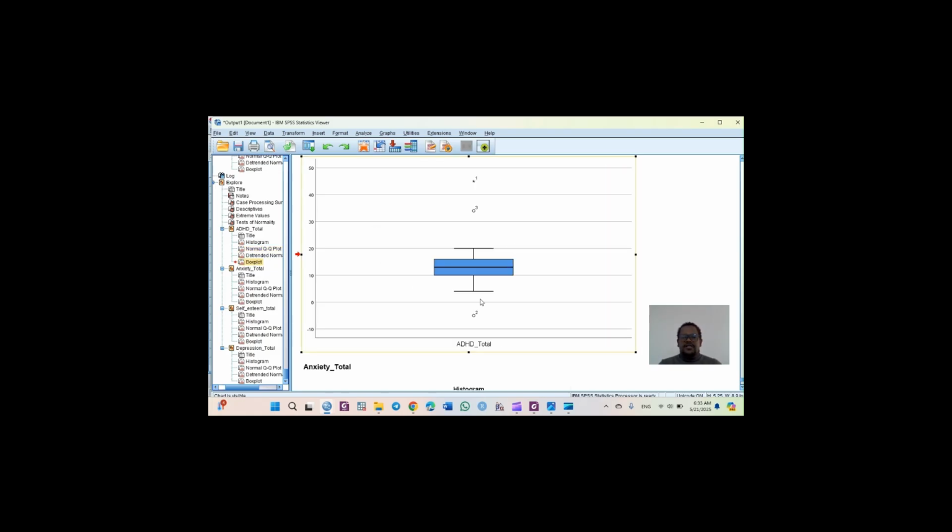And the last one is the box plot. So by evaluating all these, you can decide whether to go for parametric tests